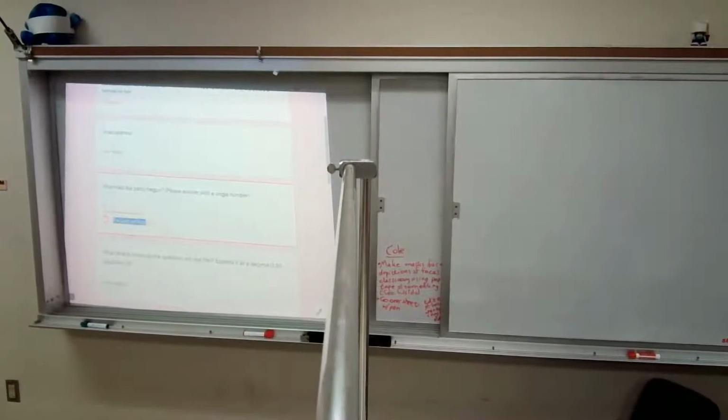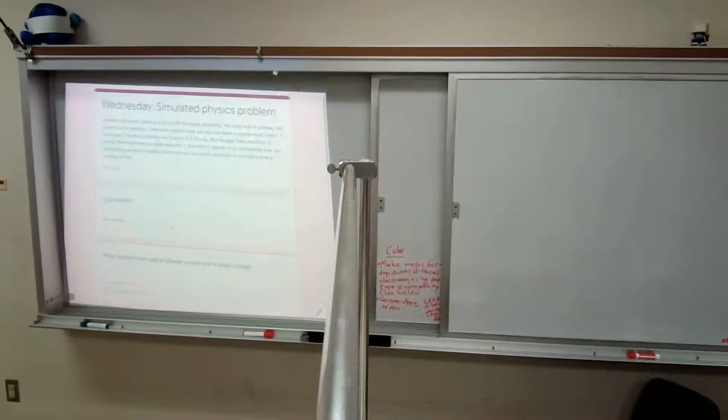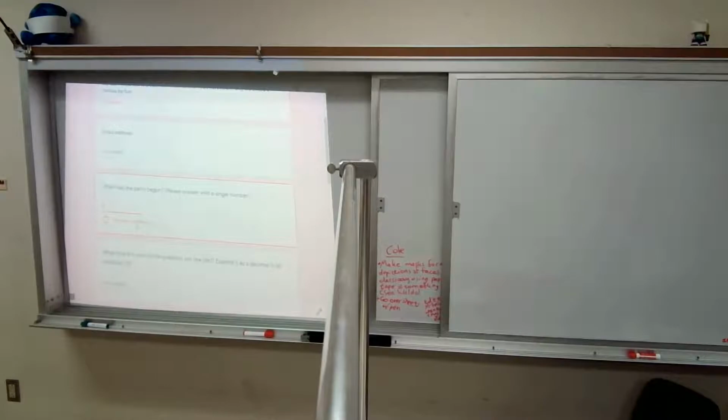See, I put this message in there so you can look up there and be like, it says the party has begun at blank. Oh, the party has begun at 8. Great. Okay. That's what I'm talking about with those messages. It'll tell you when you get it wrong. If it gives you a message like that, that means you should go check it and read what I put, because